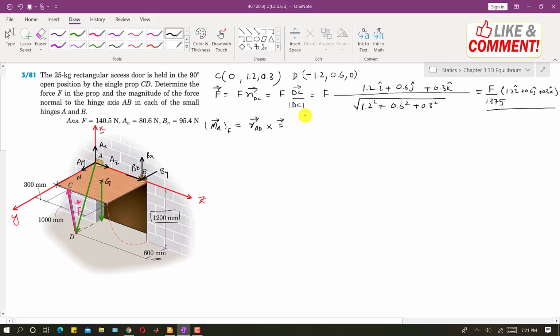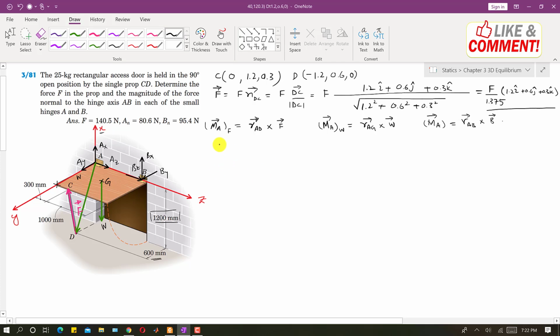This will give us the moment at this point A, the moment at this hinge due to this force, right? And then we will find the moment at A due to the weight, and we will consider the moment arm for this weight. This is that weight, and the moment arm for this weight will be RAG, right? So I will write RAG cross weight vector. Similarly we will find the moment at A due to the reaction B. Here we have that B reaction, and the moment arm for this B will be RAB, so I will write RAB cross B vector, right?